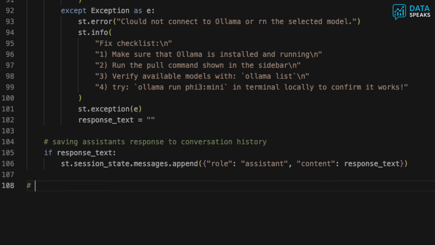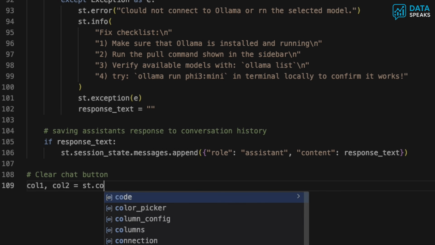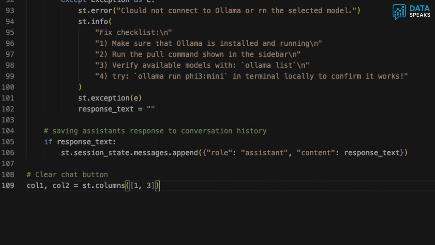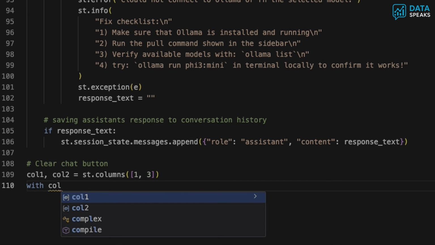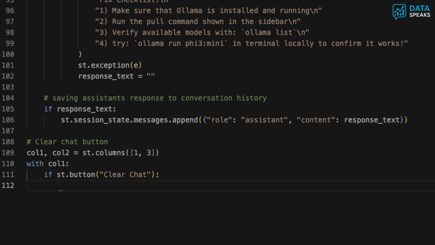Once we define all of those, I want to give the option to clear the chat if the user would prefer to start fresh, cleaning all the chat on the screen. I will add a clear chat button there so that the user can clear the conversation history within the screen and start fresh. I will say col1, col2 equals st.columns. I would give the column positions 1 and 3. We'll say with col1, if st.button, if the button said clear chat, then I would say